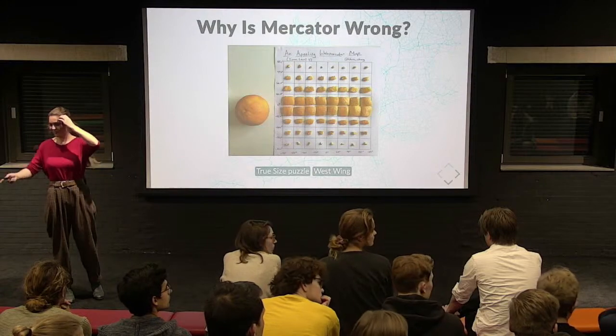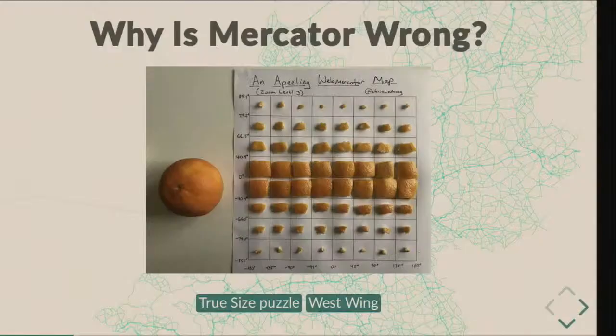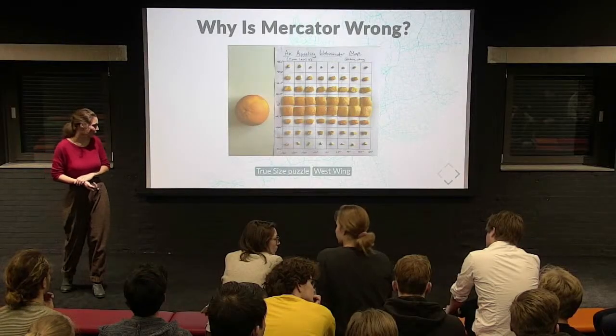Yes? On desktop, Google Maps removed the Mercator projection. Yes. The Mercator projection was still being used on mobile Google Maps, and on desktop they actually removed it. If you just zoom out, you actually get a sphere of the planet. Yeah, they made a 3D model of it. And I think that's really awesome. So we go beyond projections; we can make 3D models of the Earth. Yeah. True.